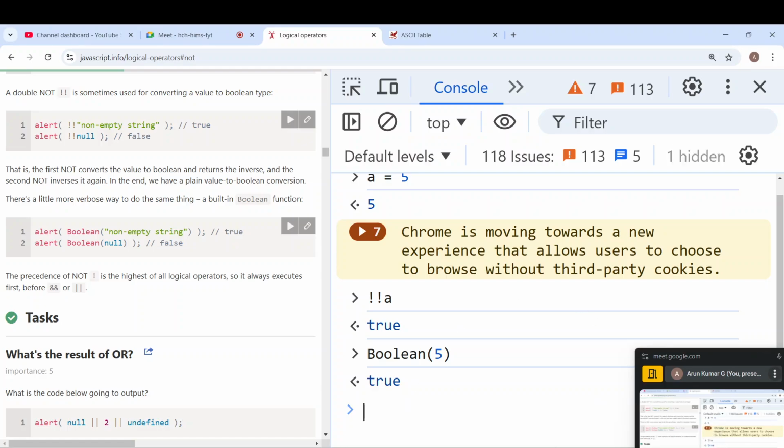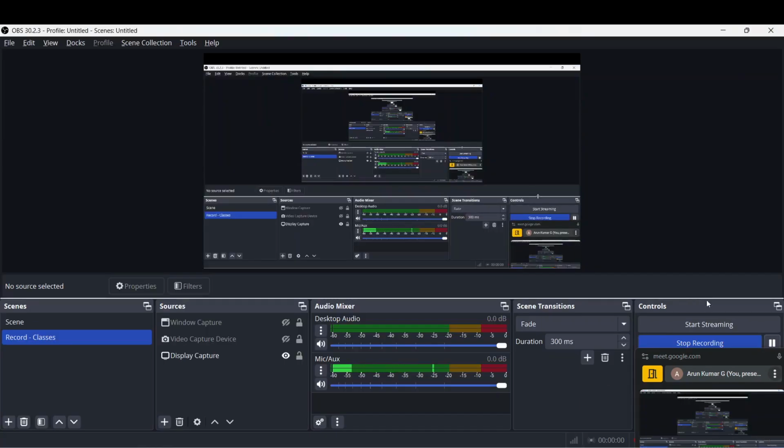All right, I think we'll stop here. Yeah. So let me take if